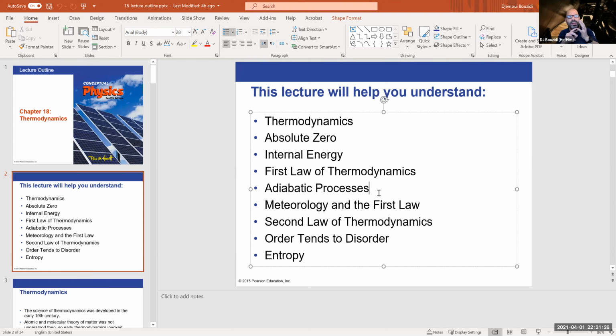Obviously, the first three processes I mentioned: isovolumetric process with no change in volume, isothermal process with no change in temperature, isobaric process where there is no change in pressure. All of them involve the state of the system. This one involves heat. And heat, we said, is actually an exchange from place to place, so it's really not an intrinsic property of the system. So this is actually different. That's why we had to introduce the concept of entropy.